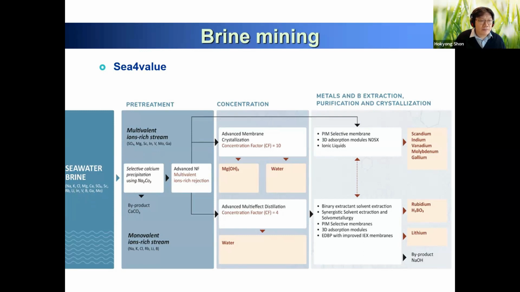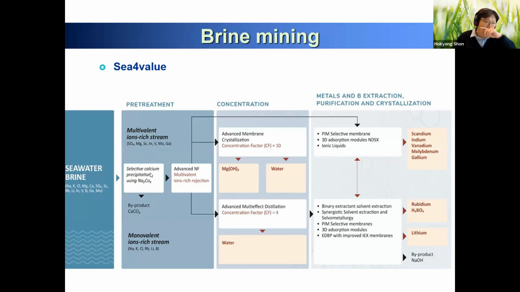In seawater, there are a lot of valuable materials. You can see sodium and potassium chloride, magnesium, calcium sulfate, and rubidium, lithium, vanadium, boron, molybdenum. So when you have your brine, you can separate the multivalent ions and the monovalent ions using a nanofiltration process, and